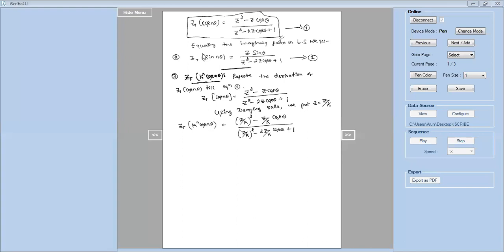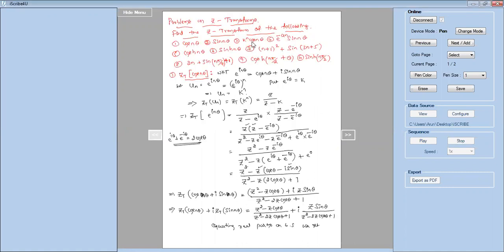So instead of cos, if I ask sine, then what will you do? You will repeat the derivation till equation 2, and then you will replace Z by Z divided by K in that, you get this. The simplification is left to you. If you want, you can simplify or leave it, no problem. You got the answer. Because the entire steps you have rewritten, only the last step carries 1 mark. Simplification is not required here. So this is the Z transform of K power n into cos n theta. This is by using the damping rule, and this is the solution for your problem number 3.